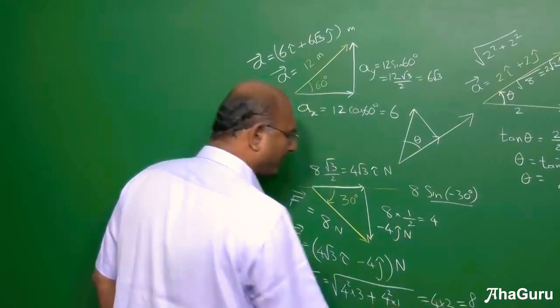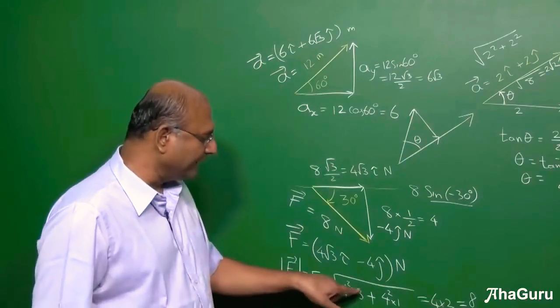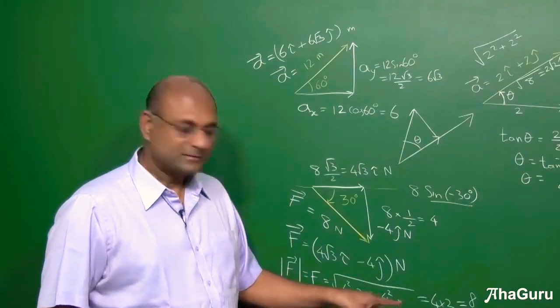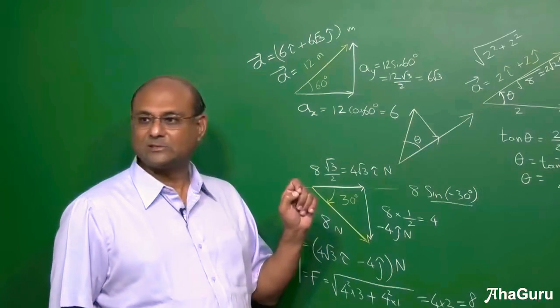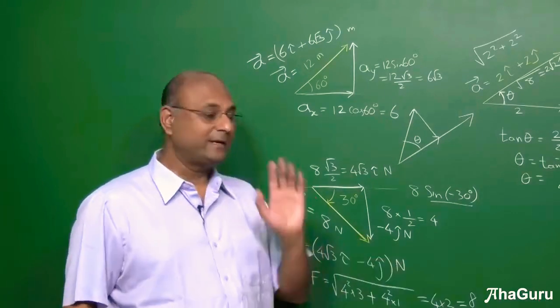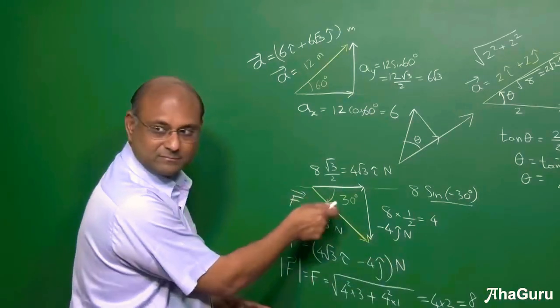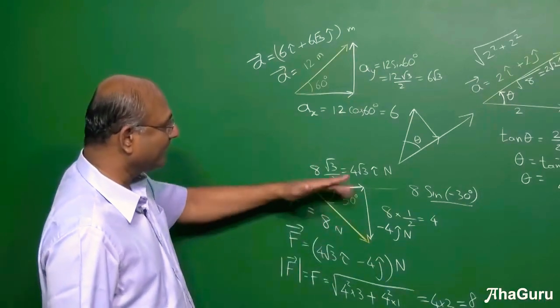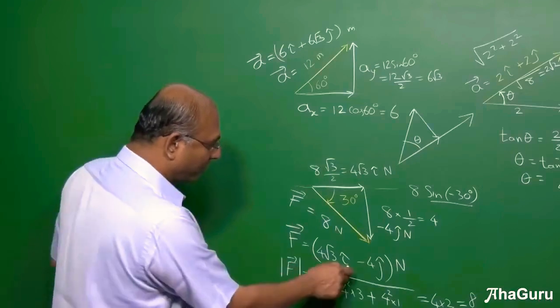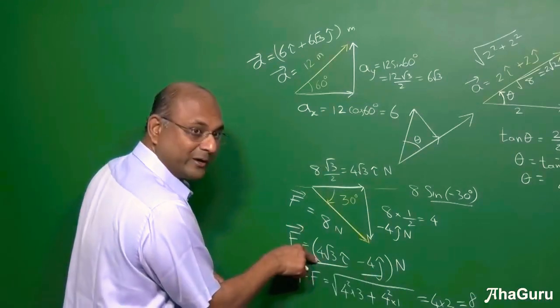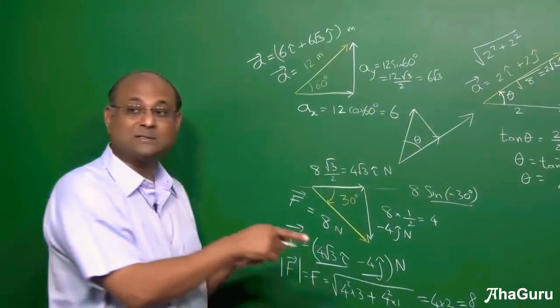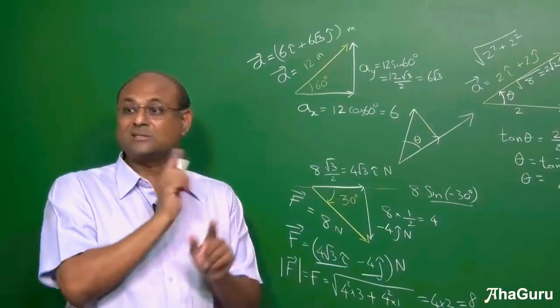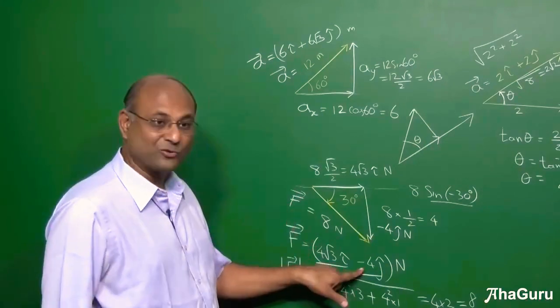You can quickly calculate. This is 16 into 3, 16 into 3 is 48, 48 plus 16 is going to give me 64, root of 64 is 8, and you need to get 8. Okay, is that clear? So from magnitude and angle you can find the components. So what is the x component? 4 root 3. What is the y component? Minus 4, not 4, minus 4.